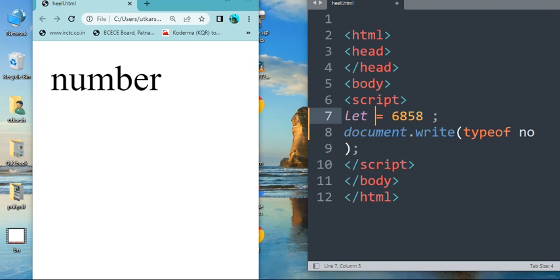You can write anything here, and if you write true, then write the variable name and save it,